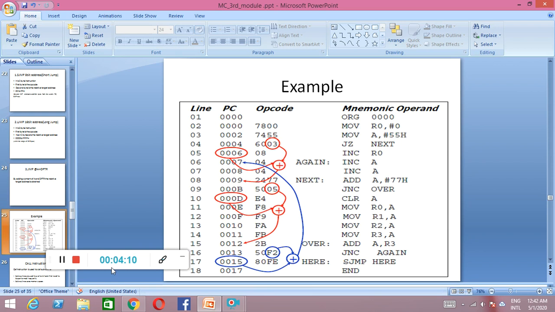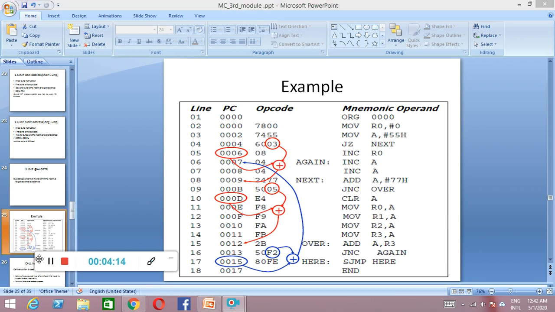So we are going to see one example of how these jumps take place. Here you can see one example. On this side, this is the program counter's content, and here we can see the related opcode, the instruction and the registers mentioned.